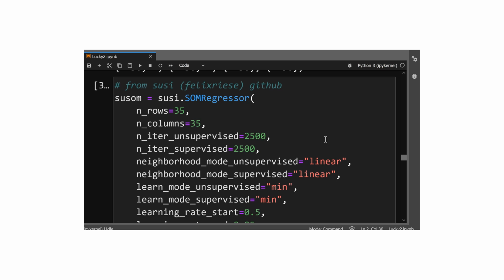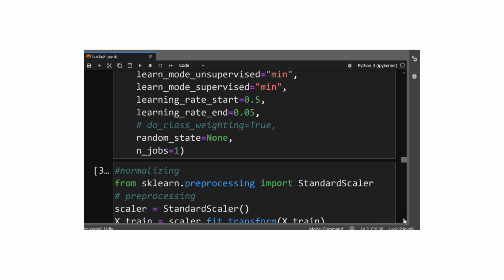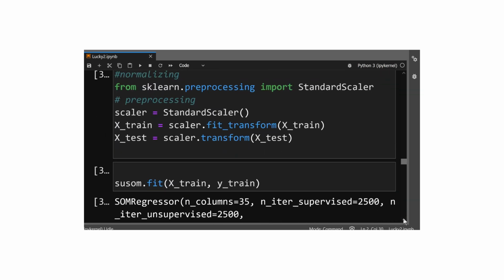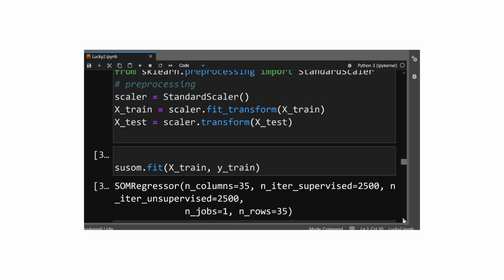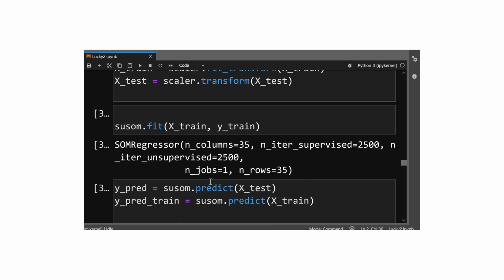And we make an instance of a SOM, and these are the defaults and the recommended for regression. And we normalize and form X train and X test, and then we fit and we predict,